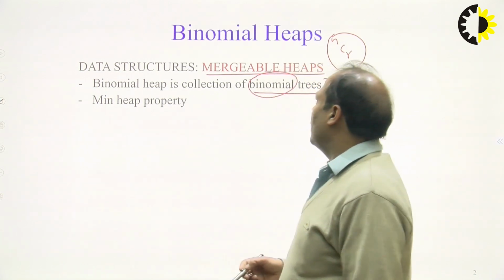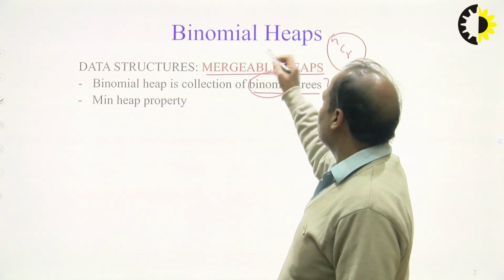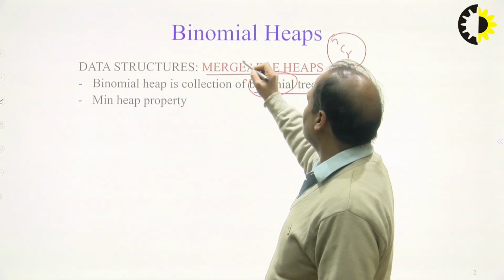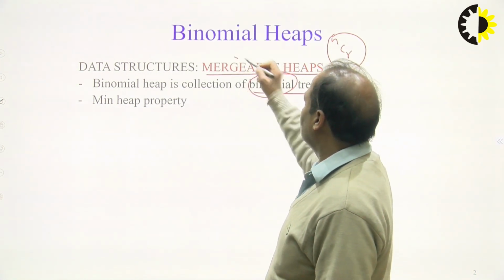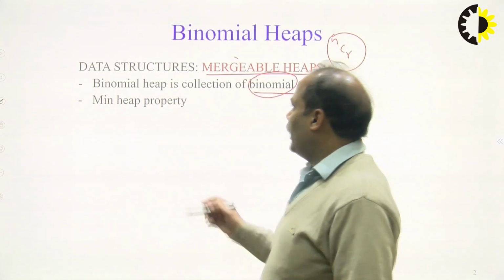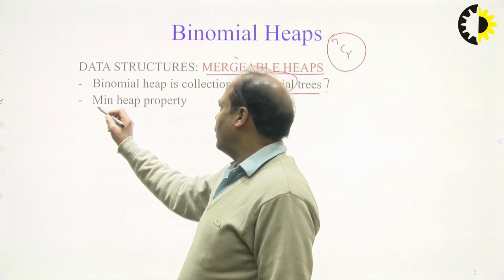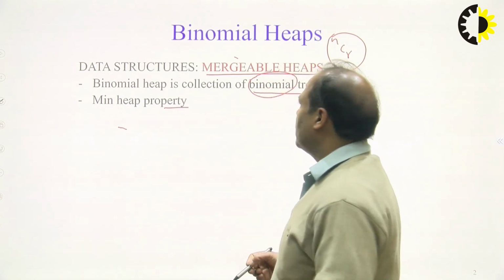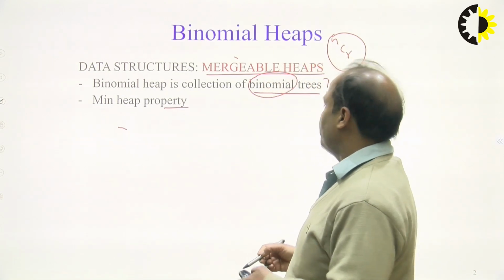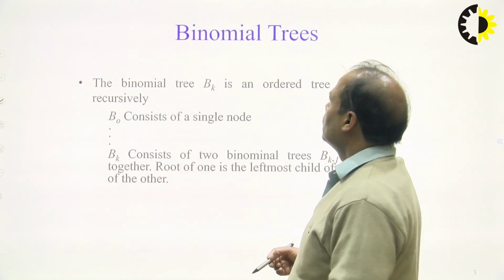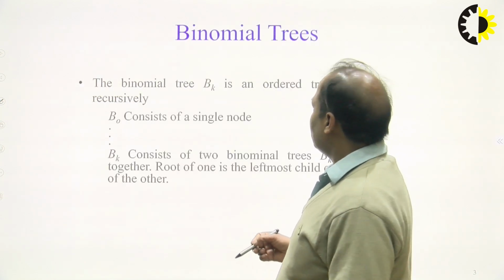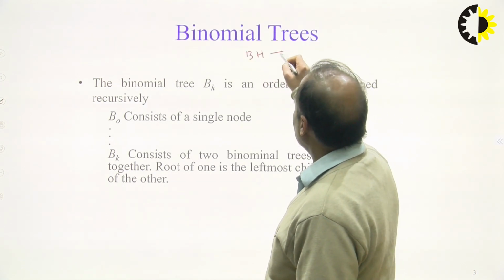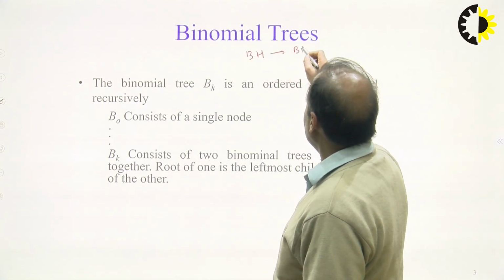So it can merge so many heaps together. So we have so many operations, and all of them can be merged. And this follows the minimum heap property. It's not like the maximum heap property. This follows the minimum heap property. Since a binomial heap is nothing but a collection of binomial trees,